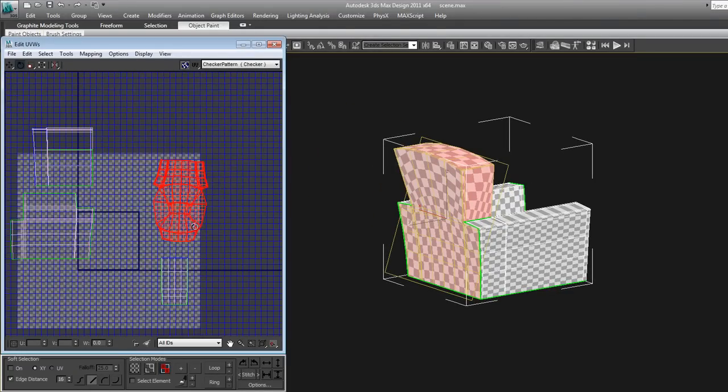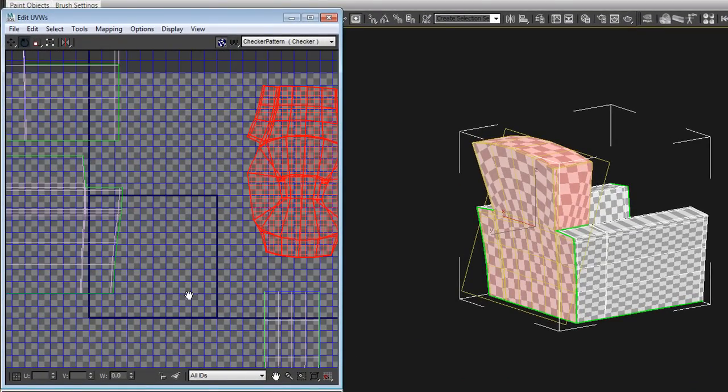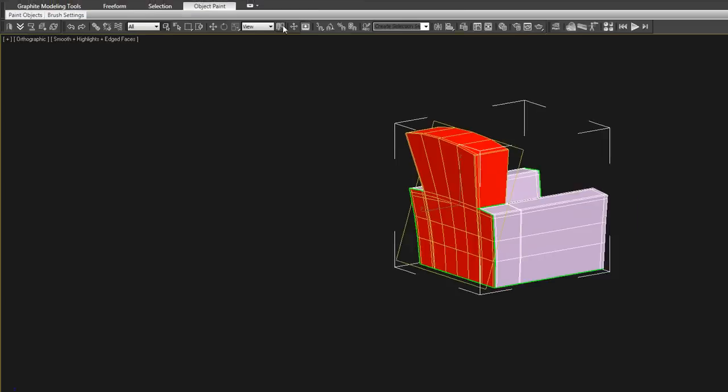But anyway, that's kind of how that works, and then you can pack it all into this single square here, export it to Photoshop, and paint your texture onto it. I'm not going to go into all that here. That's for another tutorial. But once we have this unwrapped the way we want it,